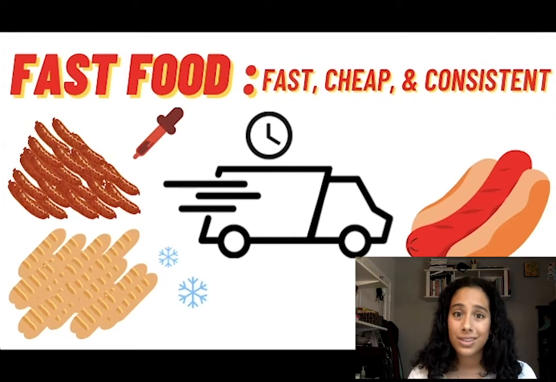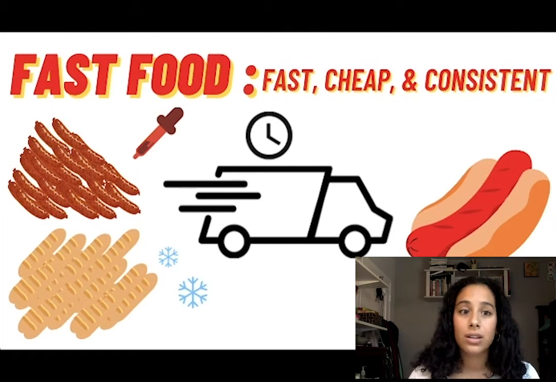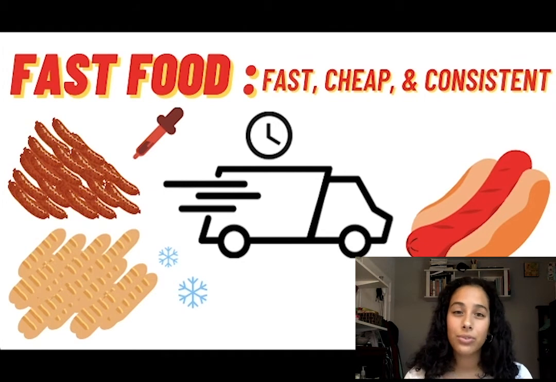Here I have hot dogs as an example. The hot dogs are made with food dye to make it that reddish color you see on the right. Then, the hot dogs and hot dog buns are frozen so that they can stay fresh throughout their truck ride to the restaurant, where they are defrosted, cooked, and put together to form a hot dog. Let's take a more detailed look into this process.